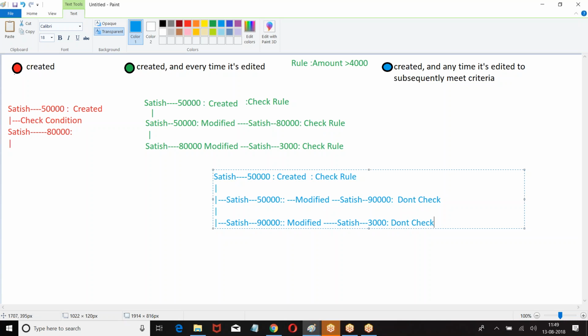People have followed. Okay. Third one. Satish 3,000 is modified. Satish 3,000, is it already meeting the condition? Which record are you modifying? Satish 3,000. Satish 3,000 is not greater than 4,000. So this record is already not meeting the condition. If you modify this record as Satish 10,000, then